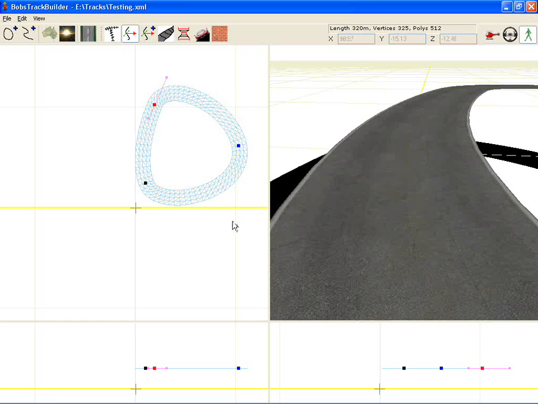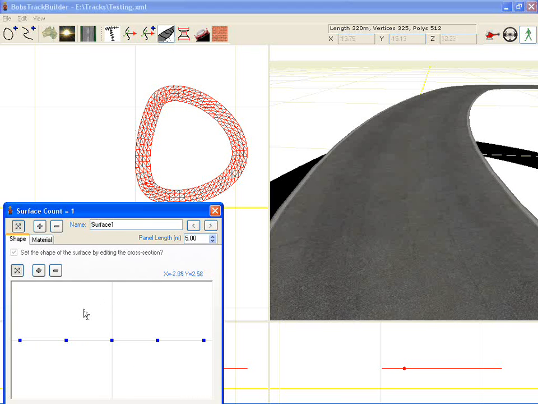In this tutorial I'm going to teach you a little bit about the surface modifier and how we can use that to change the surface shape of the track. I've started by just creating a very simple closed circuit track here, and I'll open up the surface editor now,